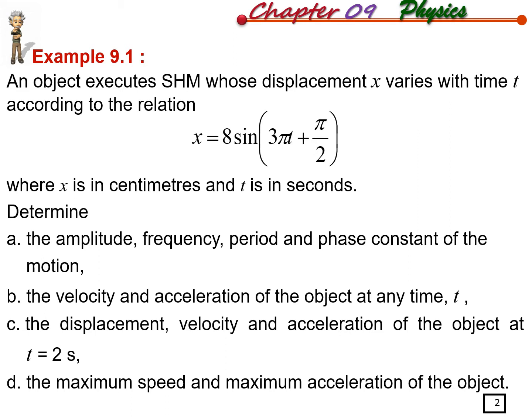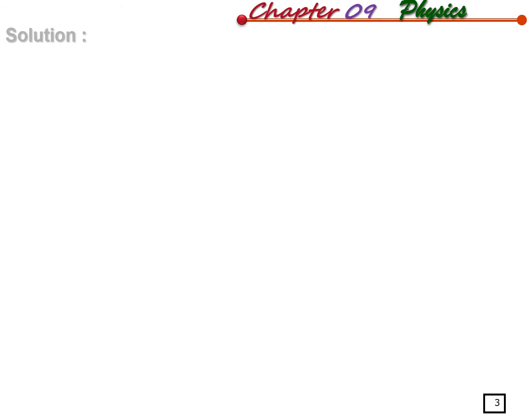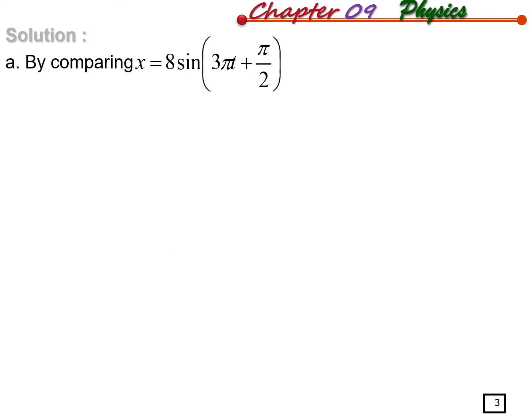For question B, the velocity and acceleration of the object at any time t. And then for C, the displacement, velocity and acceleration of the object when the time is given as 2 seconds. And then for D, the maximum speed and maximum acceleration of the object. So for question A, what we can do is compare the given equation